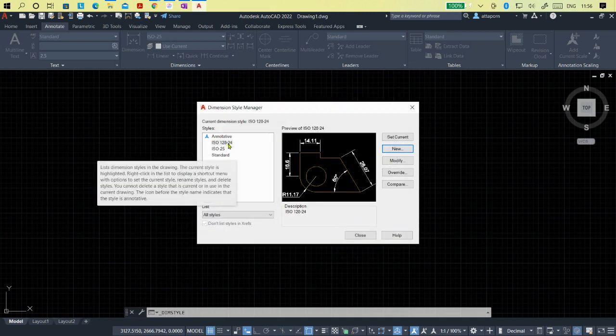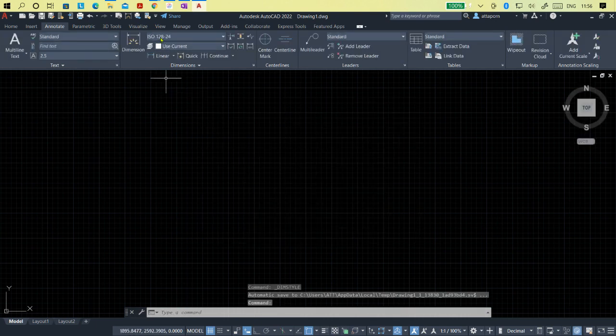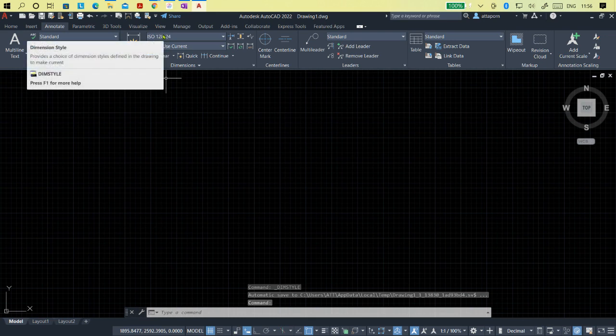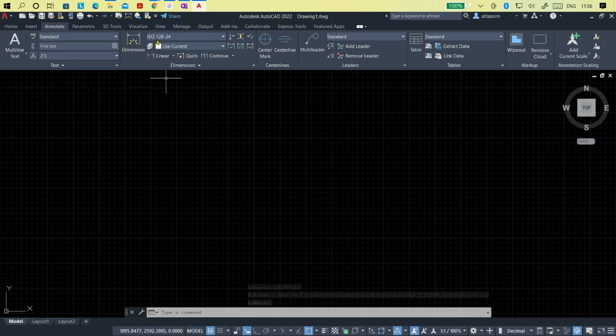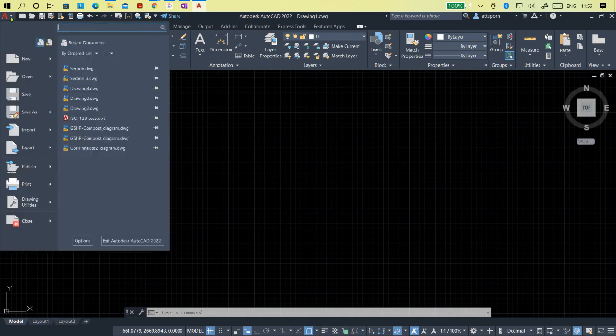You now have the new ISO 128 and close. So the default is going to be the new one, 128-24. So you go back to home. All right, finish the setting, and then please save. You go by save,